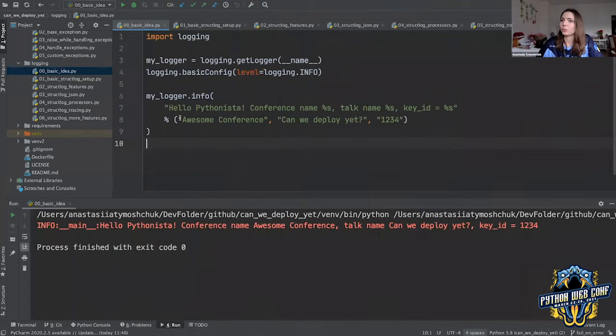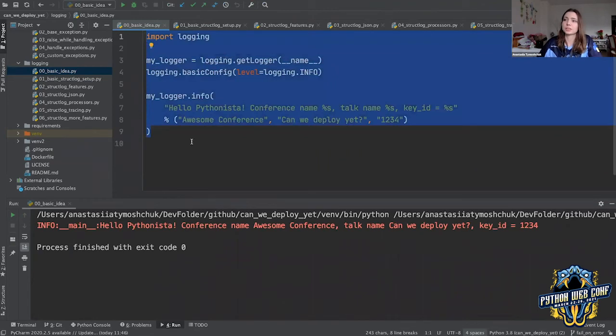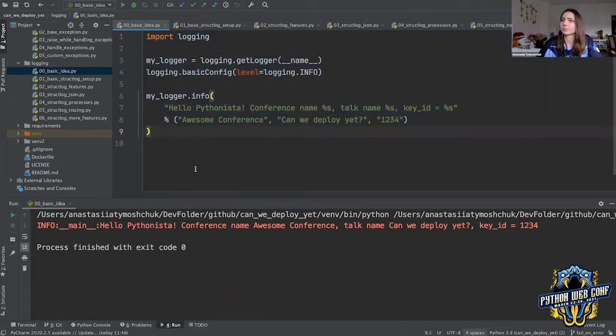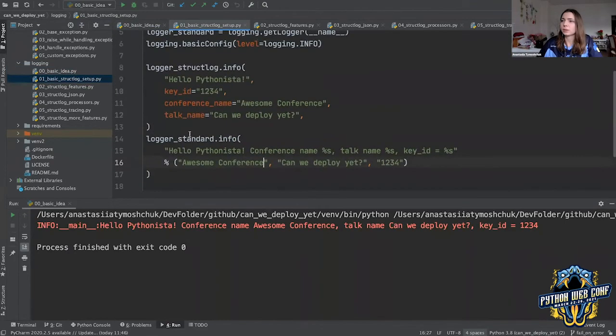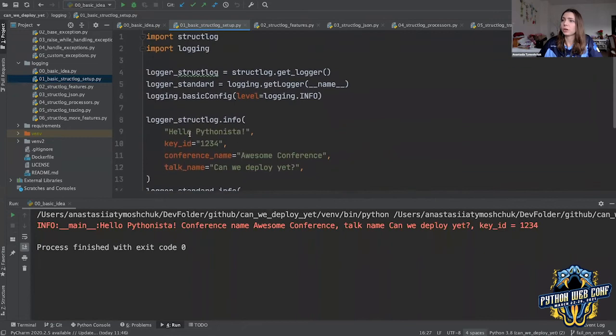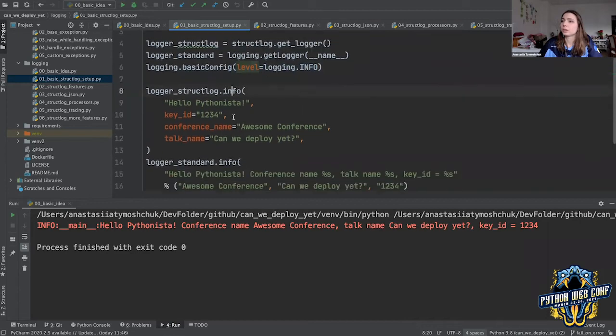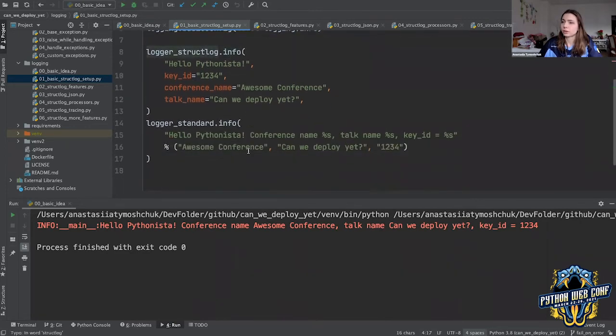Okay, so our basic idea is to transform this standard log message into something else. The basic struct log setup, as I showed you before, would be based on the standard logger. So we're trying to set up the standard logger with log level, and then we are using the struct log.